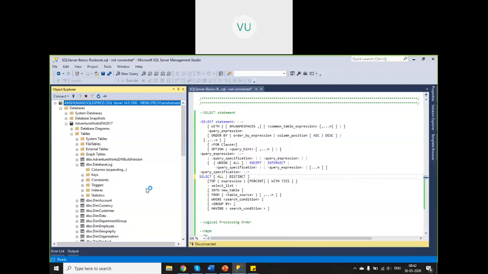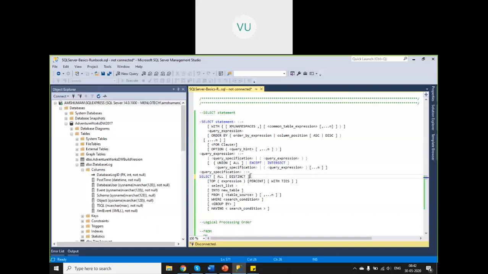So you have various columns. The order in which you want to retrieve the columns, you have flexibility. So in this particular table, I can say select object, event, and post time, or post time, database user, event, in whatever order I want to retrieve, right? And when you say star, these are retrieved similar to how these are displayed here. So the order in which the columns are created, in the same order the columns will be retrieved. Okay.